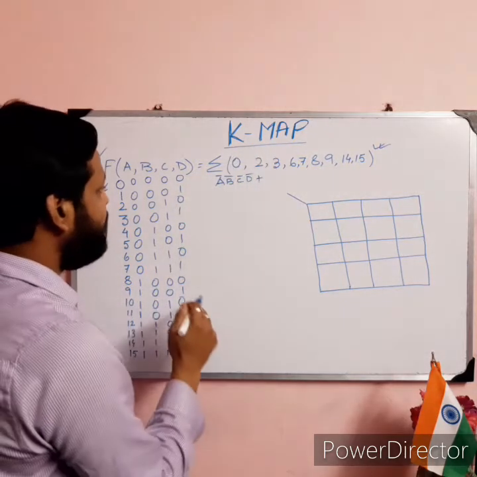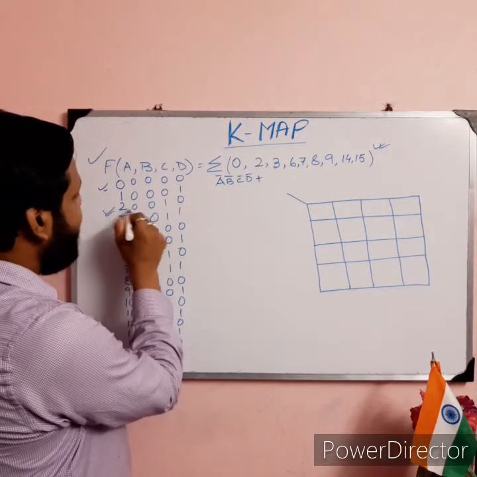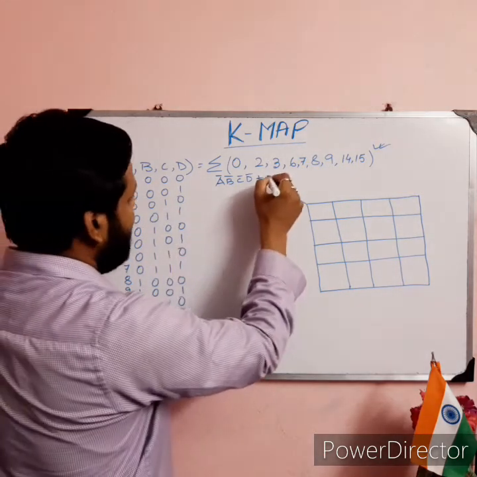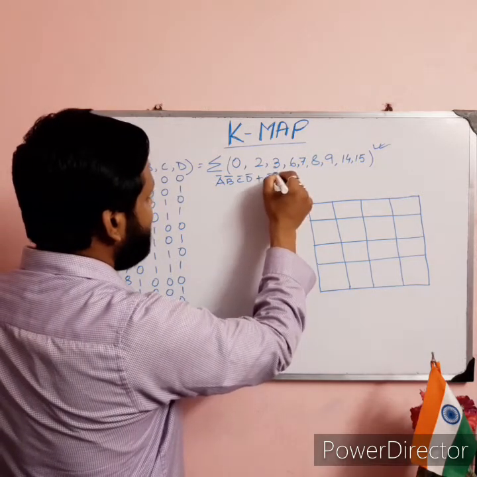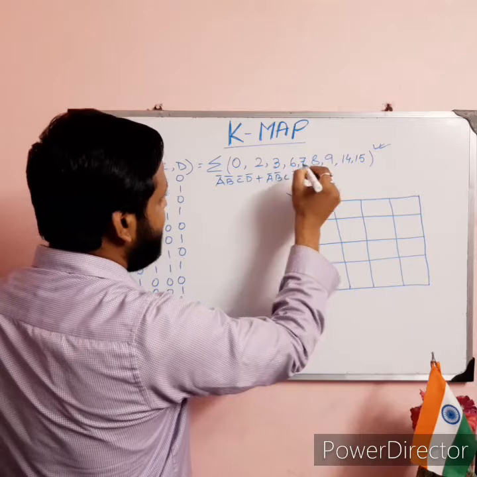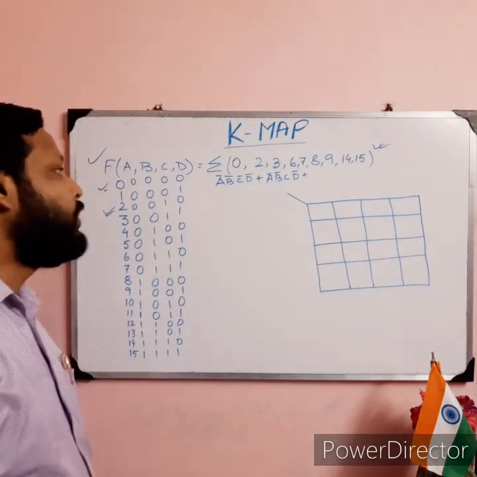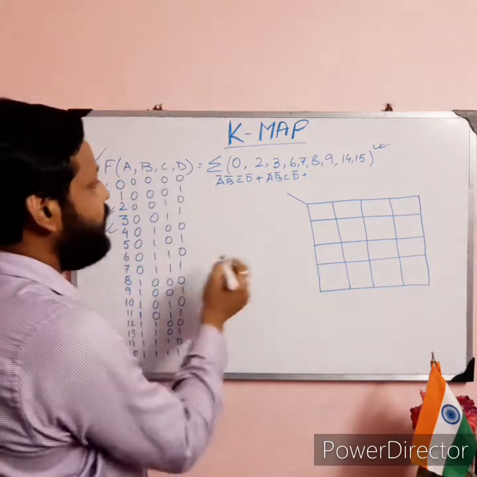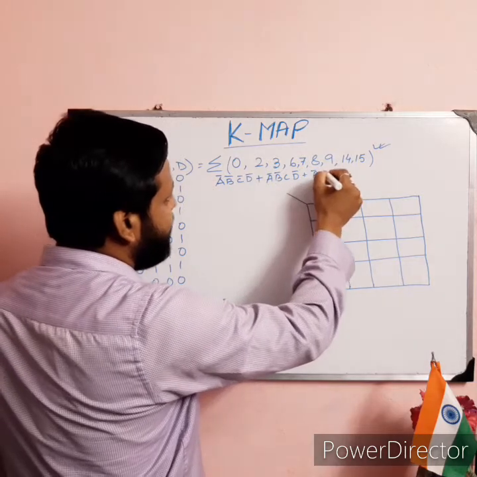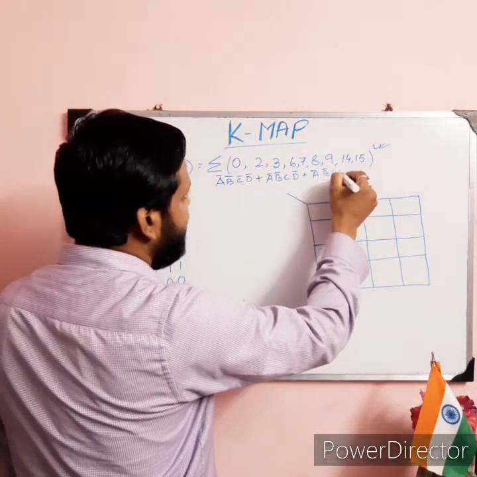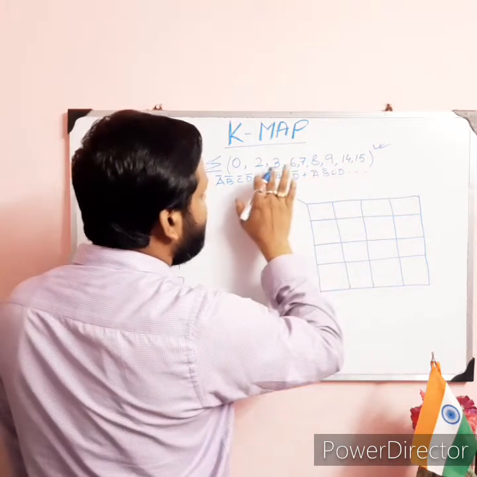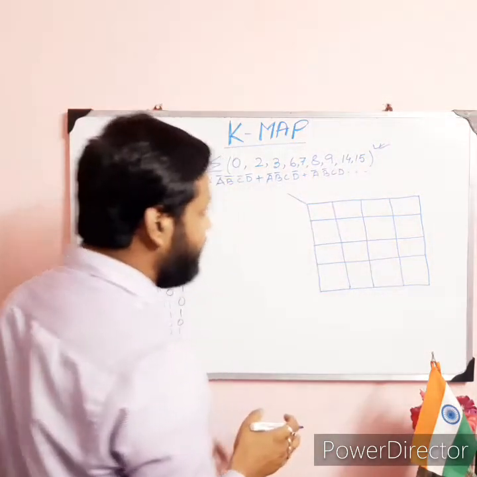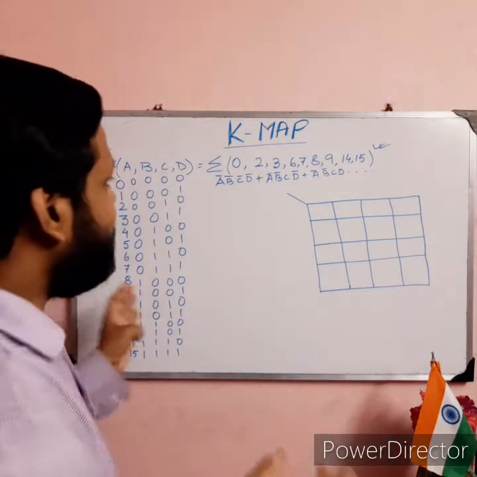What is the meaning of this 2? 2 means A0, B0, C1, D0. That means A complement, B complement, C, D complement, plus. Then 3 means 0, 0, 1, 1, that is A0, B0, C1, D1. That means A complement, B complement, C, D. In this way, we have to write the terms of 6, 7, 8, 9, 14 and 15, then the length of the expression is